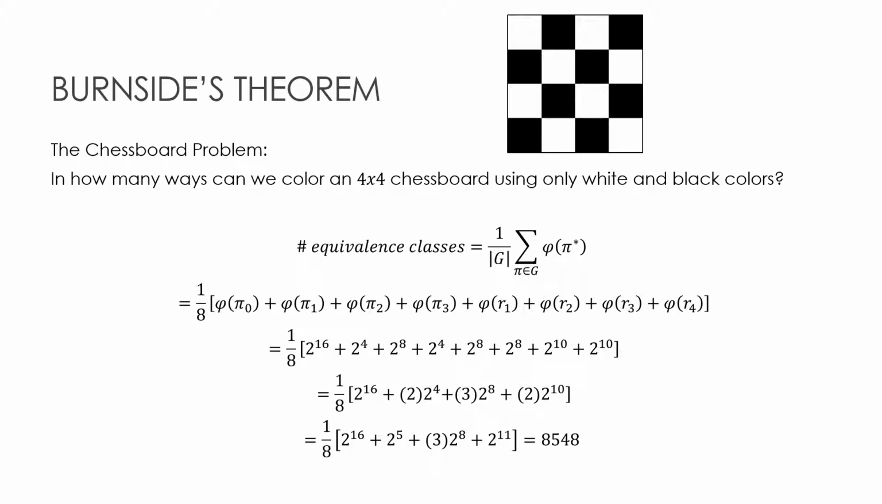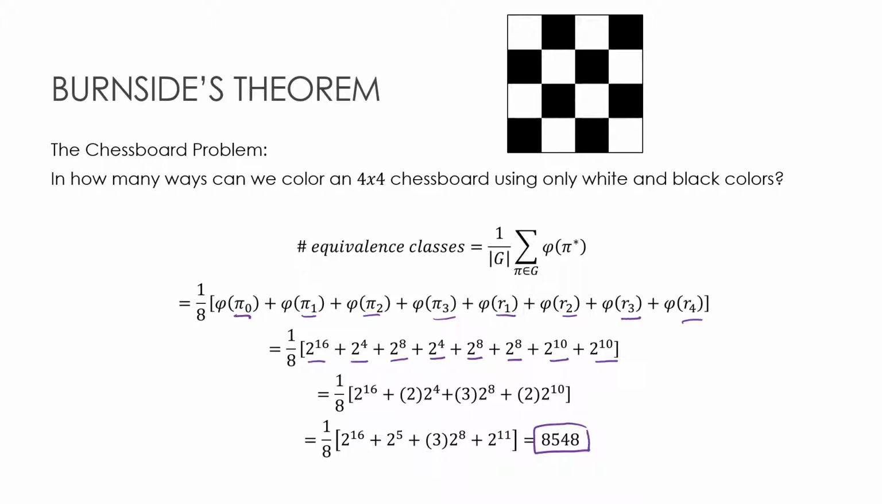So what's my final solution? Well, essentially, I'm just going to add those up. Pi 0 was 2 to the 16th. Pi 1 was 2 to the 4th. Pi 2 was 2 to the 8th. Pi 3 was 2 to the 4th. R1 was 2 to the 8th. R2 was 2 to the 8th. R3 was 2 to the 10th. And R4 was 2 to the 10th. Add all of those up, and I get